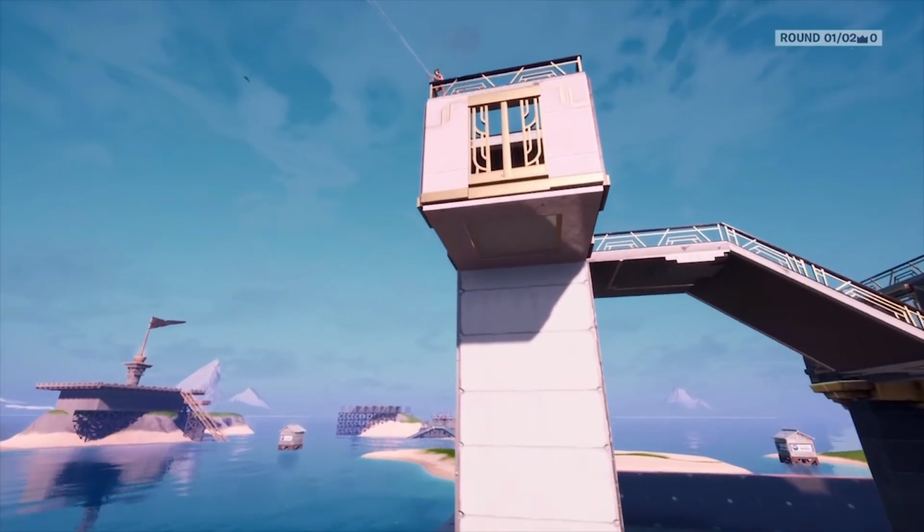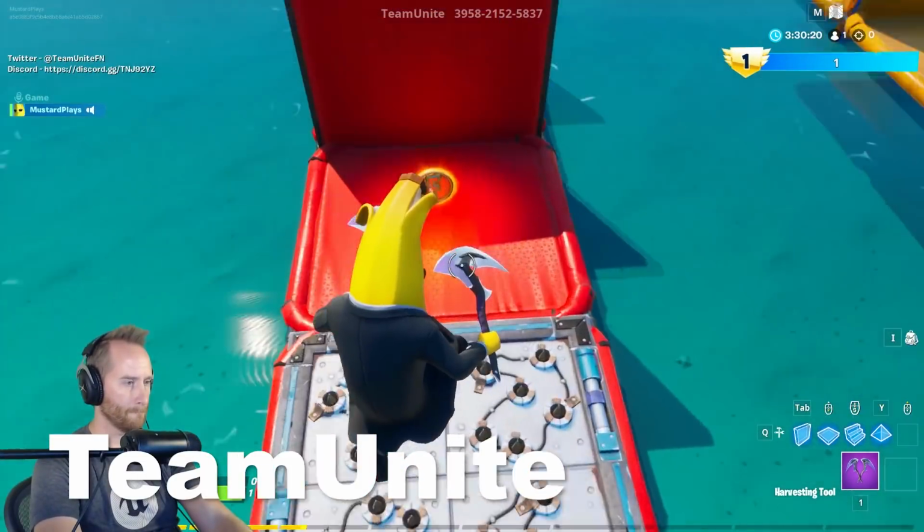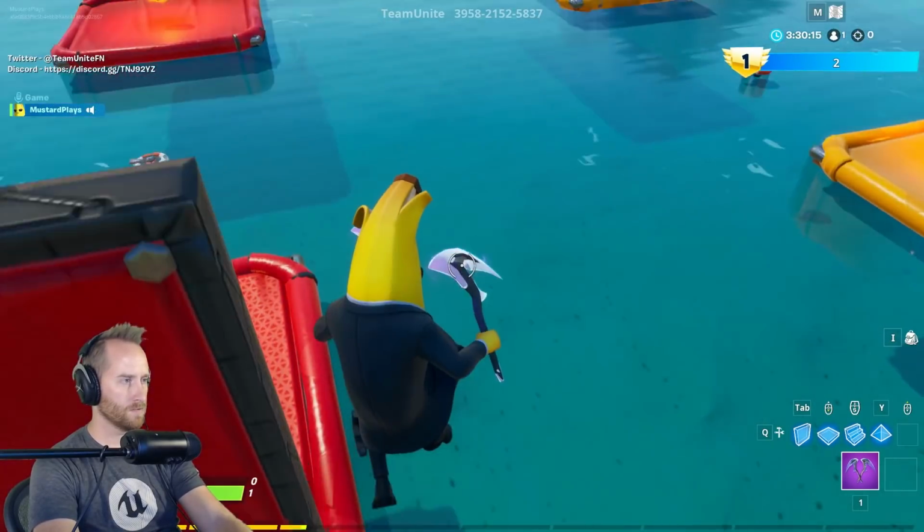I think it's a great submission for this challenge. Now I'm gonna show you 2 death runs, guys. This first one is called Summer Splash Death Run Race by TeamUnite, and it has a perfect Season 3 feel